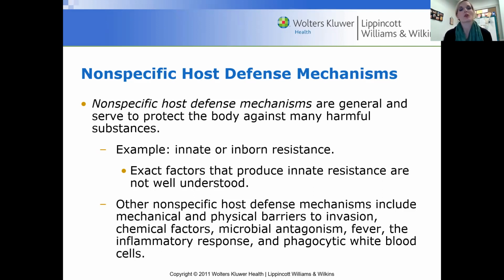A lot of times we are born with these non-specific host defense mechanisms, and a lot of them we are familiar with, and we can talk about that today. So other non-specific host defense mechanisms include mechanical and physical barriers to our invasion. So again, I mentioned the skin, for instance, and chemical factors, which would include any type of chemical present in